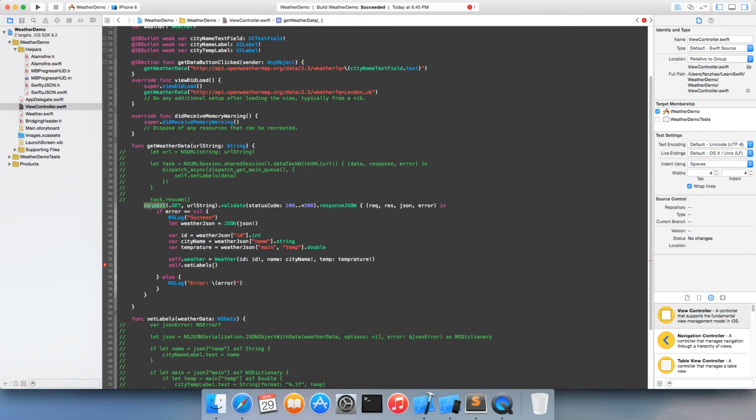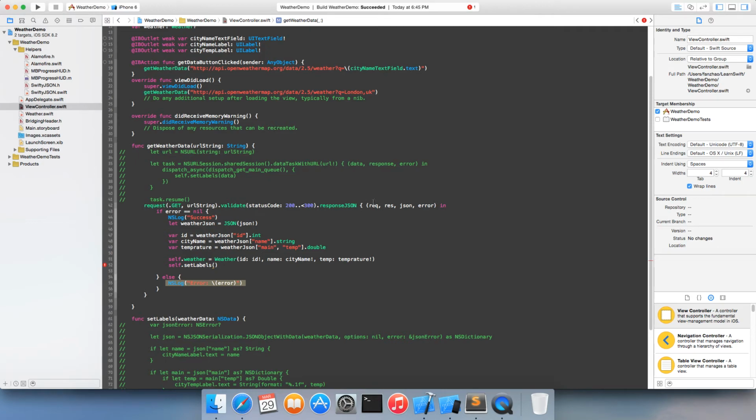This request is actually an Alamofire request. It uses the get method, and the URL is the URL string that we just passed. It could be this and this. And we can add a validate method to validate the status code that we can accept. So in this situation, we can accept the code between 200 and 300. So this is expected. If a code like 500 returns, we're gonna go to this section, like else,